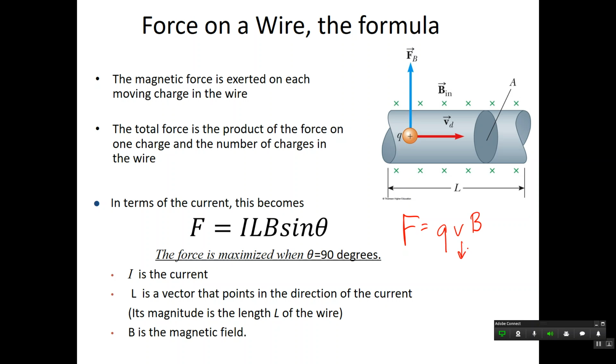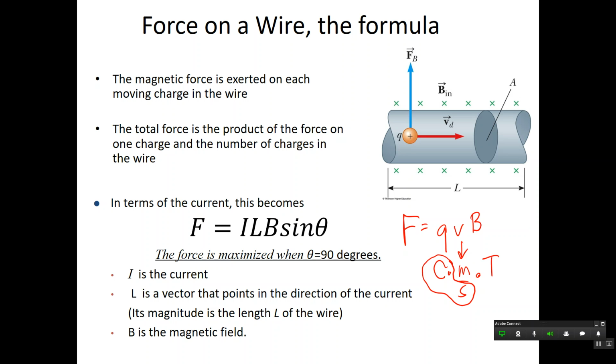And V, what are the units of V? Meters per second, exactly. What are the units of Q? Coulombs. What are the units of B? Teslas, yeah, they're very good. All right, that's all fine and dandy, but that's not really current. What is current? What are the units for current? Coulombs per second. Now, if you look at this, I could actually manipulate this so that I do get coulombs